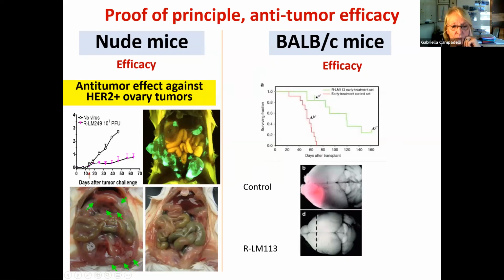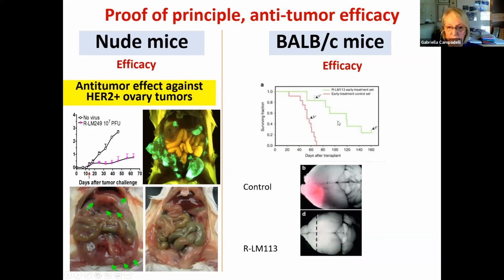So all the tumor masses are green, but there is no green in the organs of the peritoneum other than in the tumors. And here you can see the peritoneum of an untreated mouse. These are the tumor masses. And this is the peritoneum of a mouse which was treated with the first generation oncolytic virus. And we proved efficacy also in